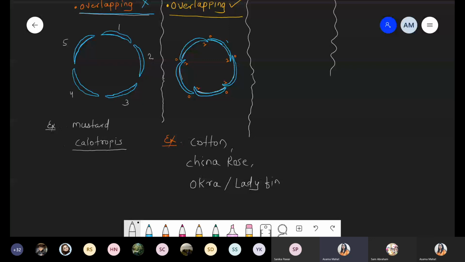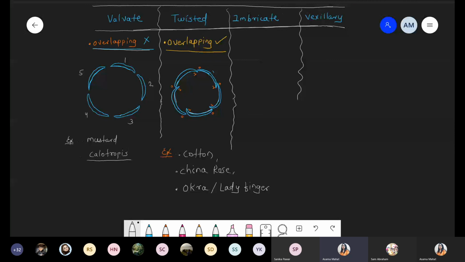Got it? If you open the NCERT book, you will find the image of the flower, and below that you will get one diagram also. So simply, we are drawing that diagram. One end toward the outer side, another end toward the inner side. Such a condition is called the twisted condition. Yes, got it?